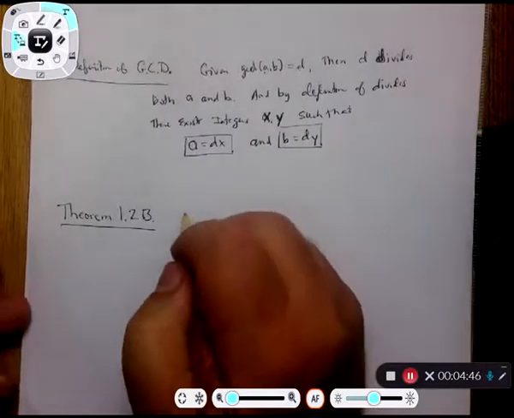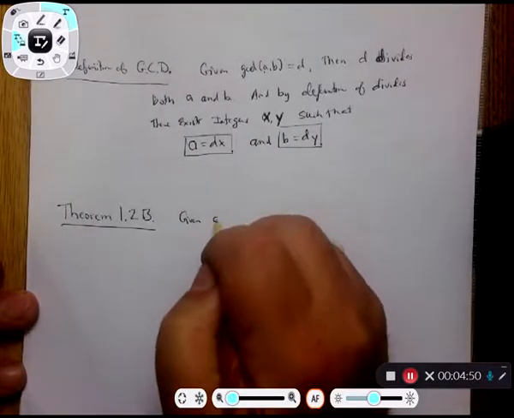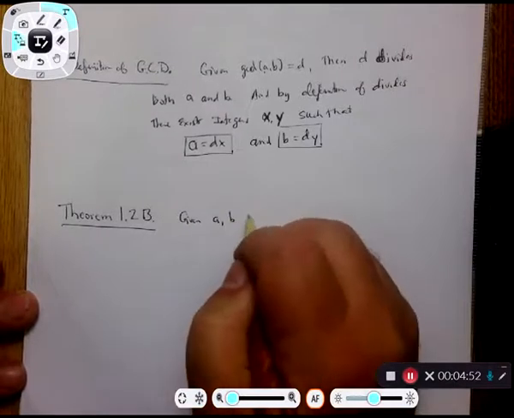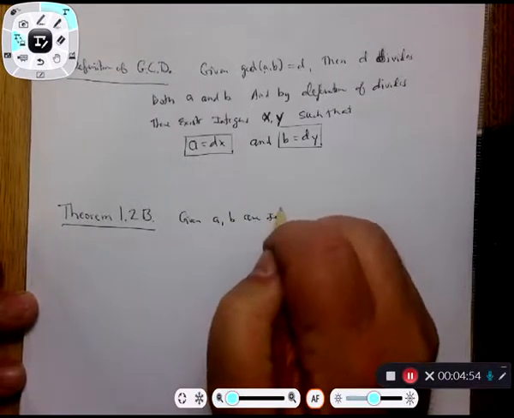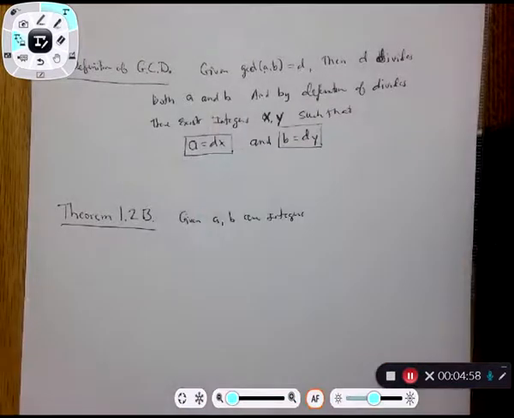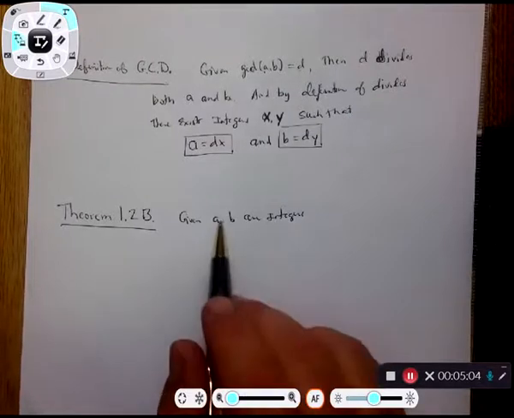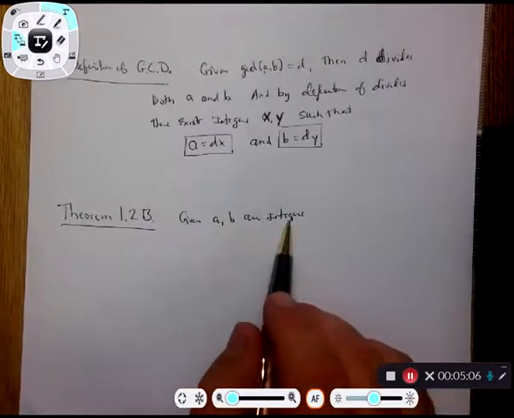I started out: given A and B are integers. It's understood that in this world everybody's an integer at this point. Don't worry, Chapter 3 is coming down the road when we change that. But right now, everybody's an integer. So given that A and B are integers,